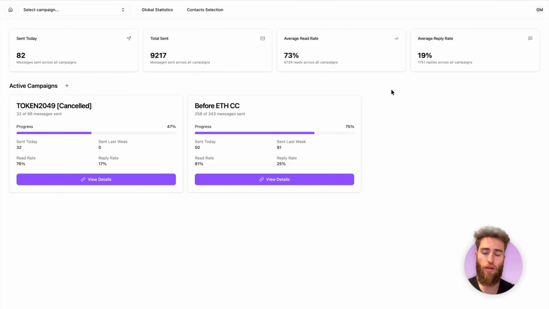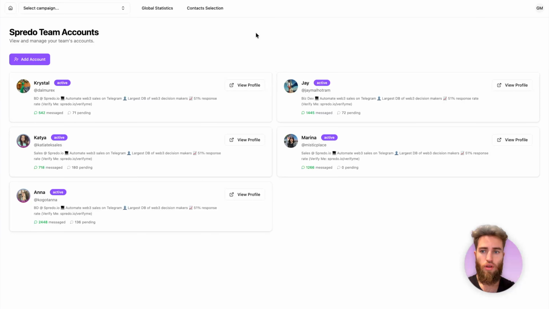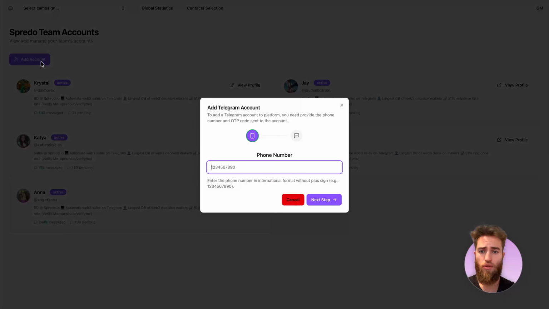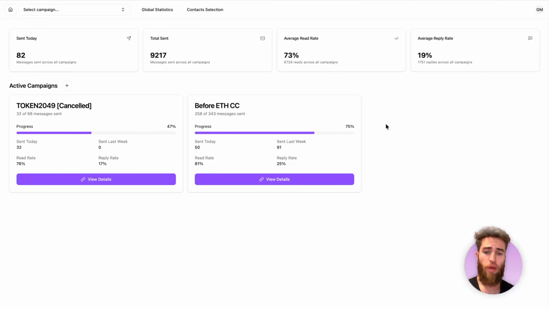Before you can launch any campaigns, you need to connect Telegram accounts to your profile. You can do it either by requesting warmed up, customized accounts from our team or connecting your own accounts. In the second scenario, simply go to the top right, click Telegram accounts, then click Add Account and follow the instructions on screen. Congrats, now you can launch your first campaign in 4 simple steps, which are create a campaign,